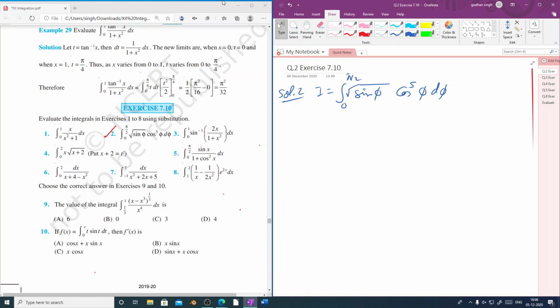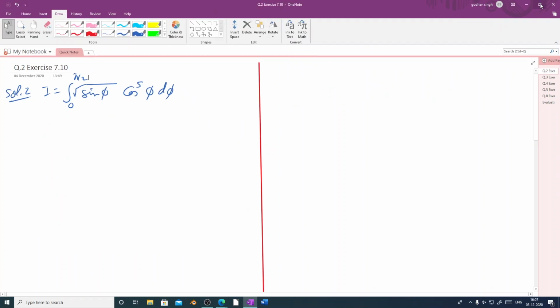So this will be solved by the substitution method, which will be easier for us because we know that the differential of sine phi is cos phi, and that is already here. But before that we'll make some changes, because if we take sine phi as t, then we'll have to convert this cos in terms of sine. Very simple. So let us write I equal to integral from 0 to pi by 2